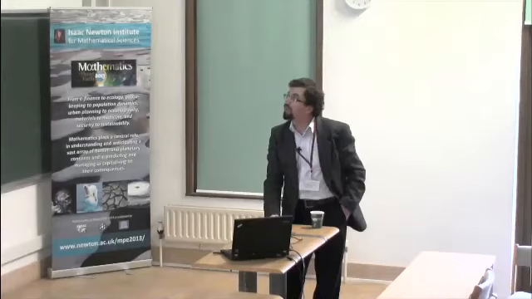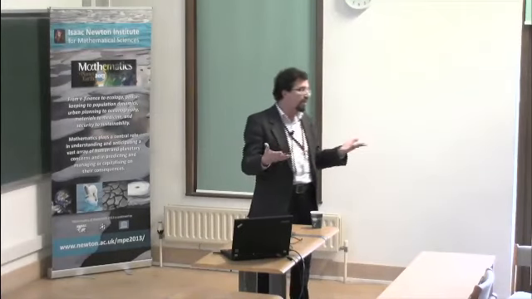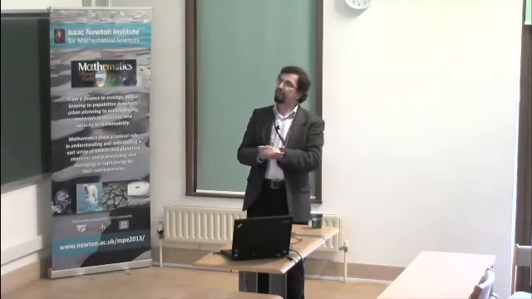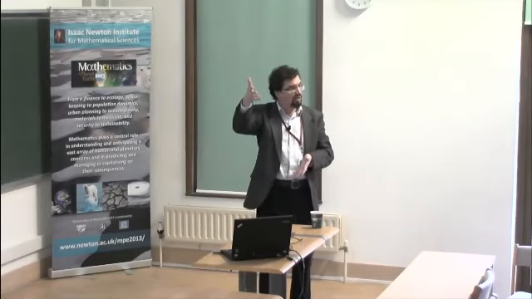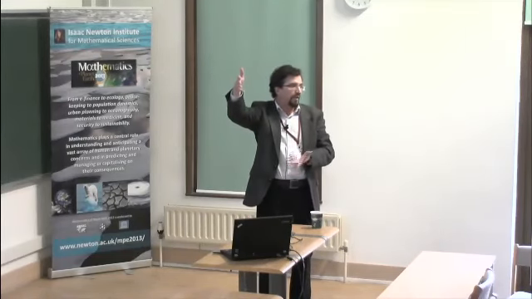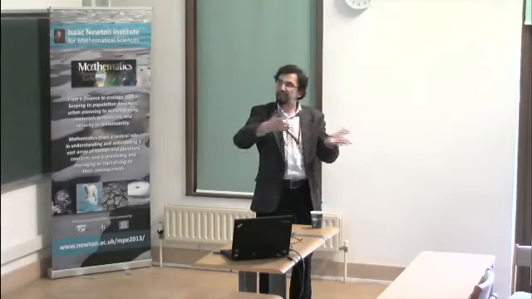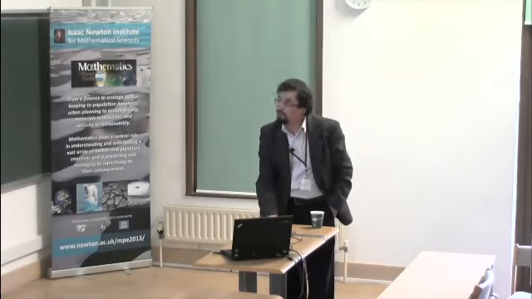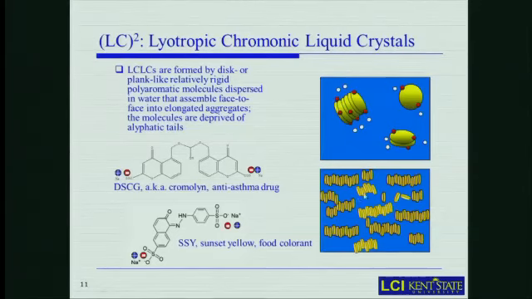So the forces between the faces of molecules, again, are not covalent forces, so they are very weak, a few thermal energies. So if you change the temperature, the thermal fluctuations will easily break the aggregates. And still, if you have not very high temperature and if you have enough of those molecules, the elongated aggregates would tend to form a nematic liquid crystal. Those are examples of chromonic molecules. And here you see that some of them are